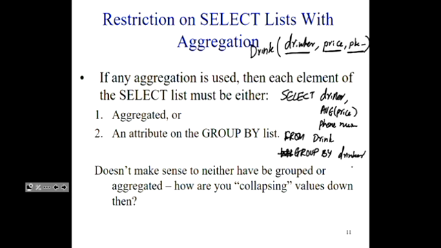This does not work, and the reason why this does not work is because phone number is an attribute that is neither being grouped by, so it's not listed in this clause, nor are you applying an aggregation on it. Right? So since